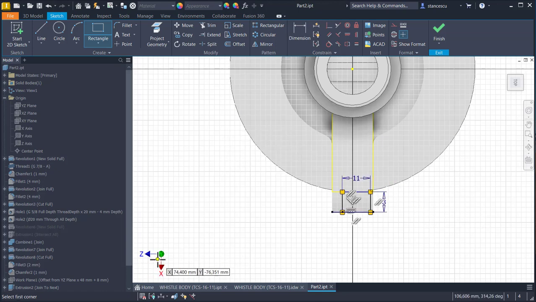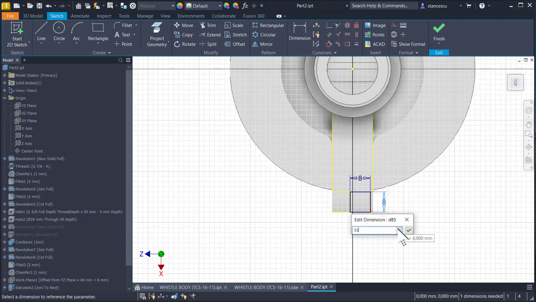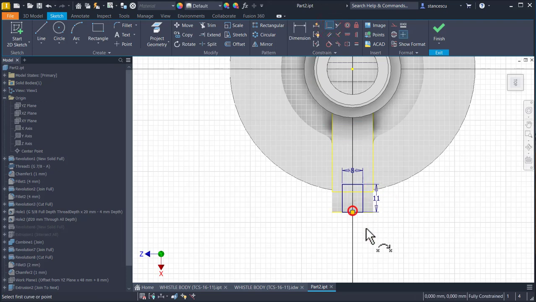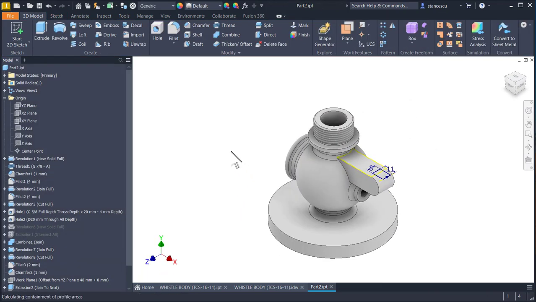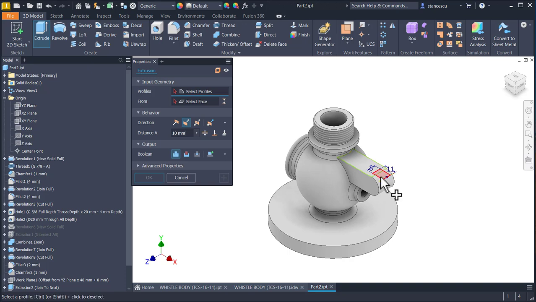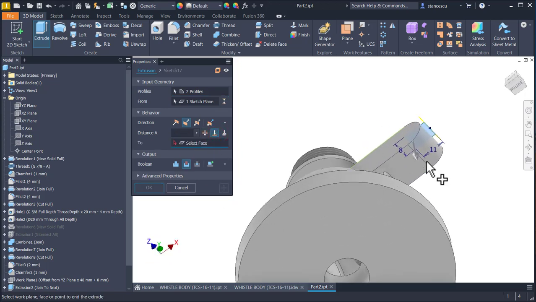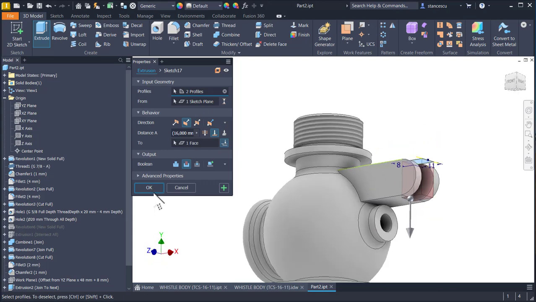These are wrong because of orientation here. This is 8 and the other is 11. This midpoint must be on this midpoint. Finish sketch, extrude this with cut to this face. Okay,